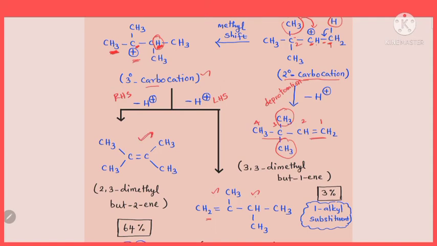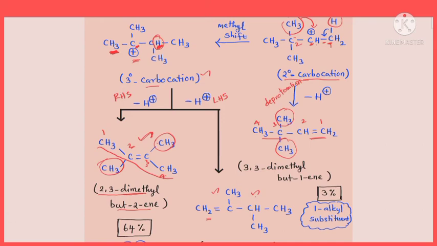Right. Now let us see the names of these compounds. Here, this is the longest carbon chain, an alkene with 4 carbon atoms. So butene, with the double bond exactly at the center. So you can give numbers either way, 1, 2, 3, 4. But the double bond is at the second carbon, so but-2-ene, isn't it? And these two are considered as substituents. 2 methyl groups, dimethyl. One methyl is at the second carbon, another methyl at the third carbon. So 2,3-dimethylbut-2-ene. Okay, so this is formed as the